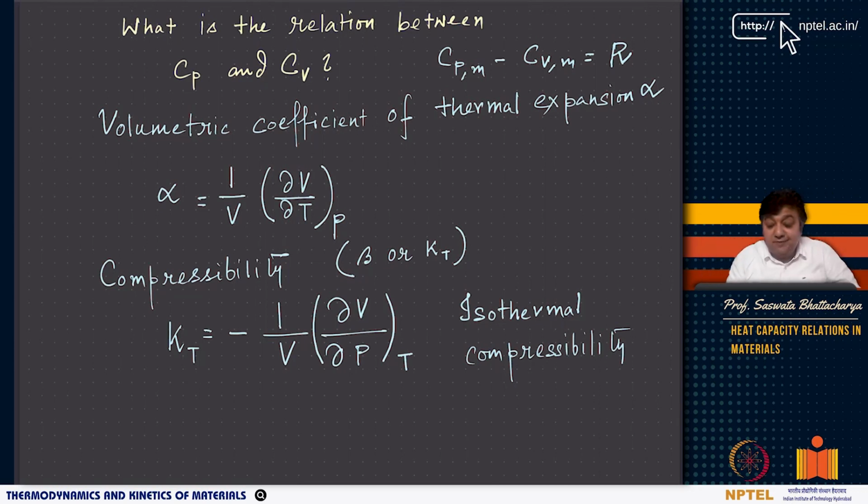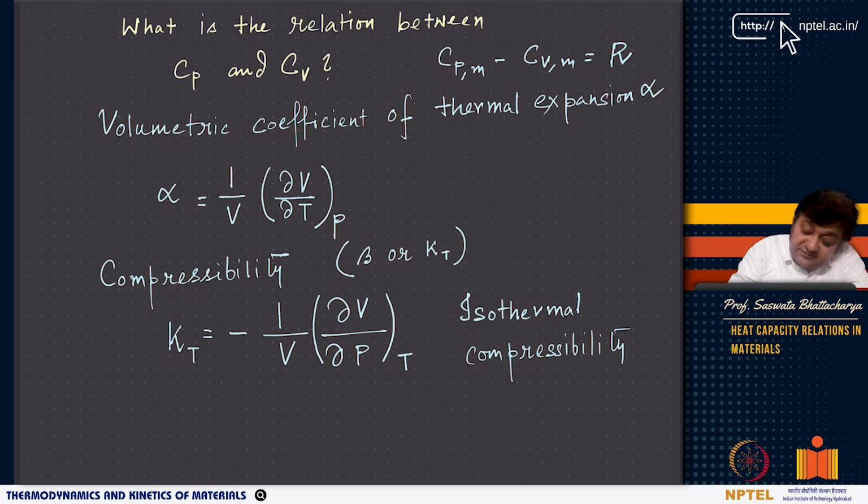You can use bomb calorimetry and so on. Now the point is Cp and Cv, there is a difference, it's R for an ideal gas, but in general, what's the relation between Cp and Cv for, say, any real gas or for a solid or for a liquid? So in such cases, we need to know two more measurable quantities.